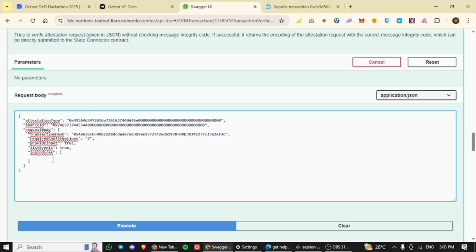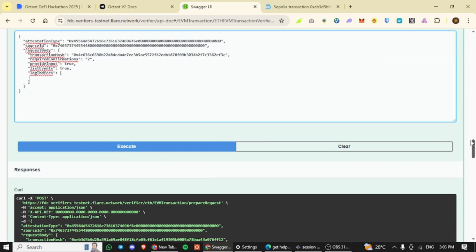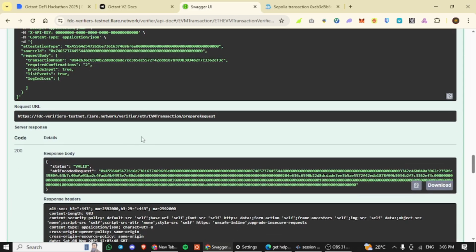So everything else is the same. I've only changed this transaction hash, and I require that it has at least 2 required confirmations. And when I execute this, it does return a valid ABI encoded request. And as you can see, it has an attestation type as the very first component here. So it's just a concatenated hex string of all the elements in the request body. So we have the attestation type here, we have the source ID,